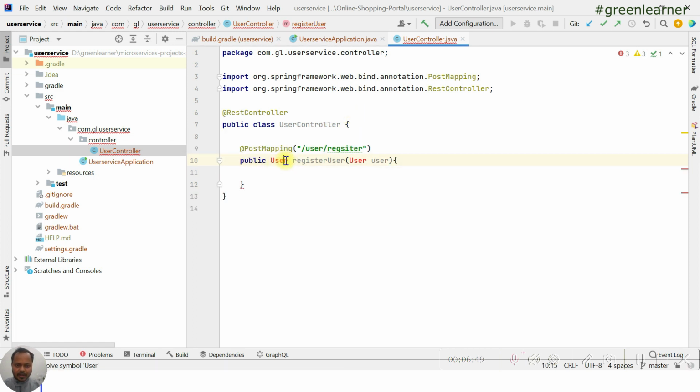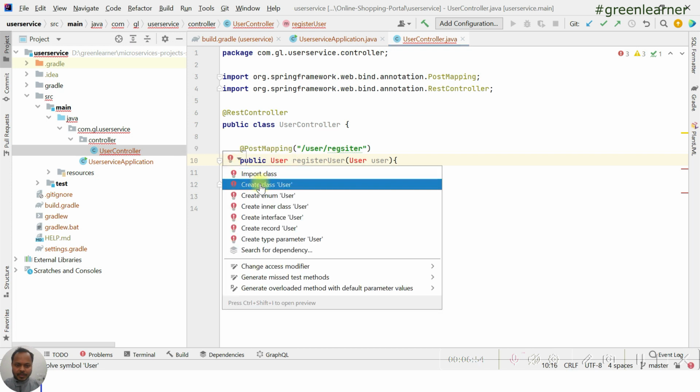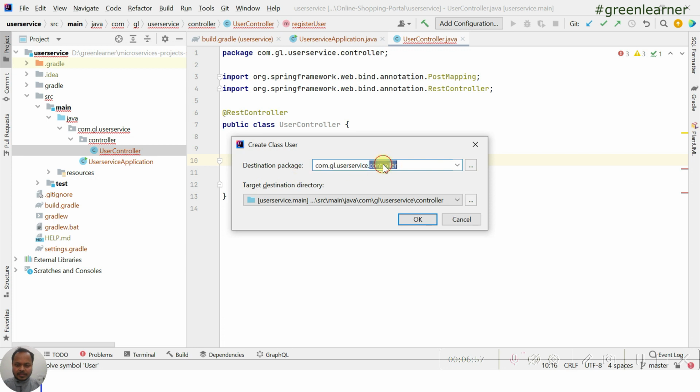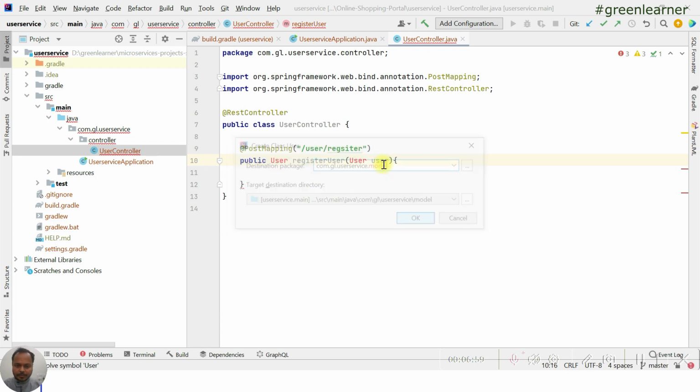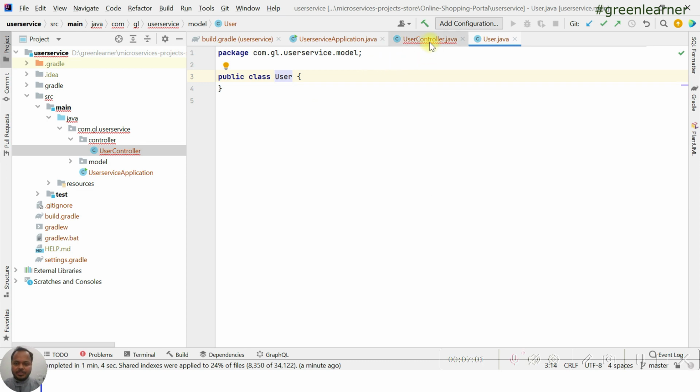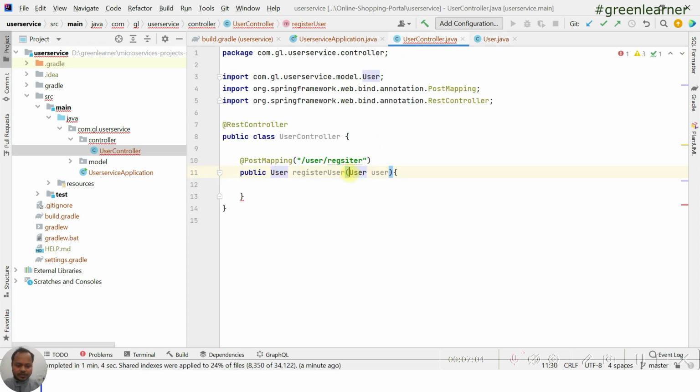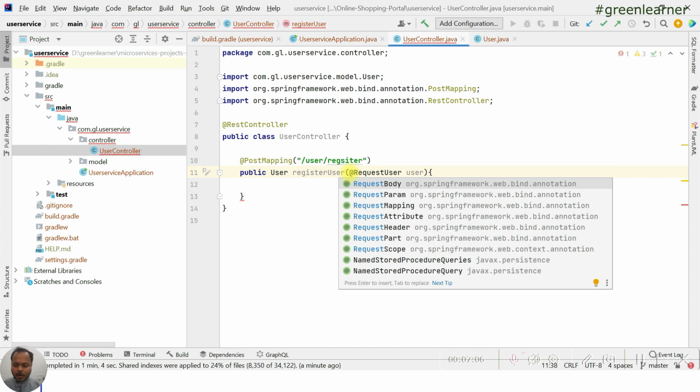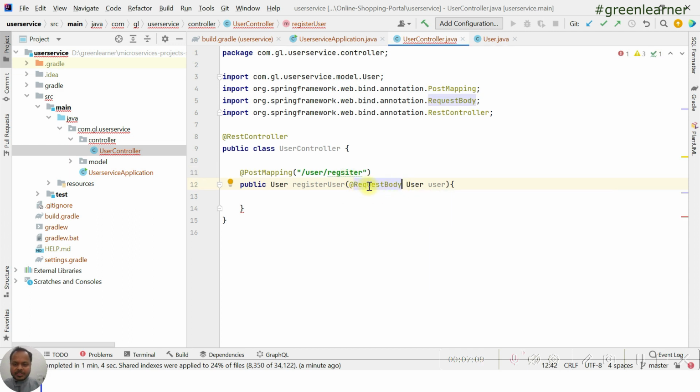So let's go ahead and create the class. This is going to be in the model package here, so we will add the attributes here in a while. So first take care of this one. So request body, this annotation is going to map whatever Postman request you are going to send, that JSON, it is going to convert that into this one, and it is going to map the proper field with this one. So this name, there was a spelling mistake, so register, user register.